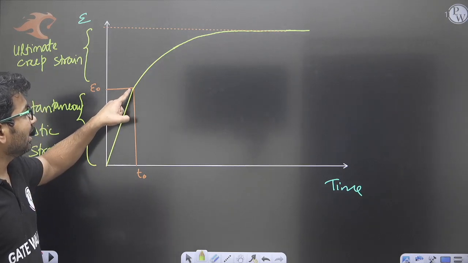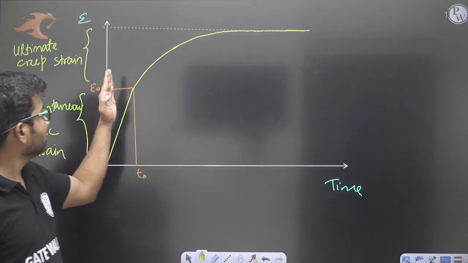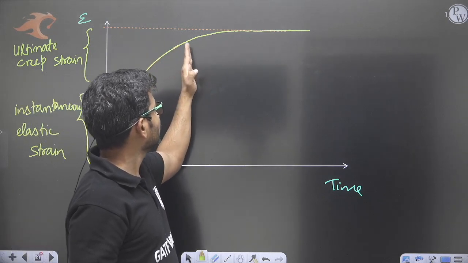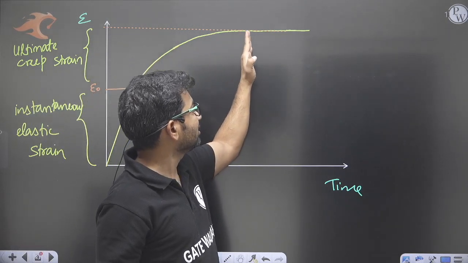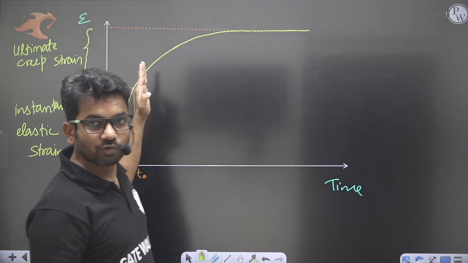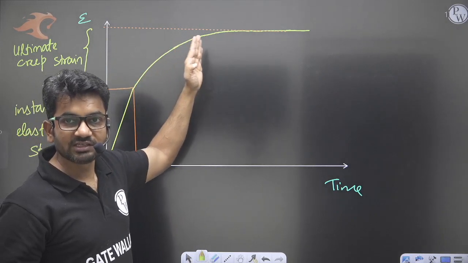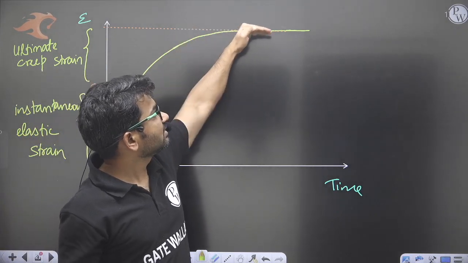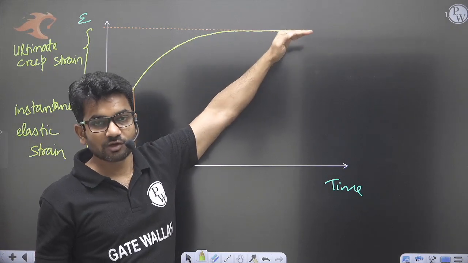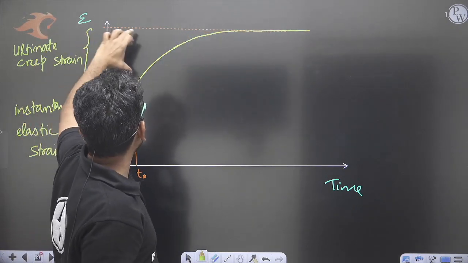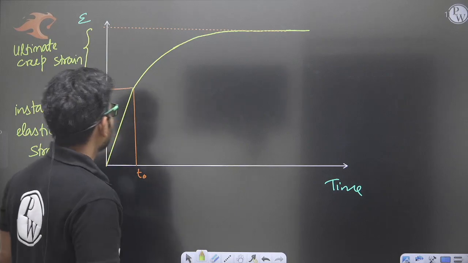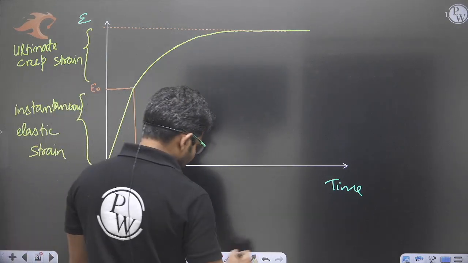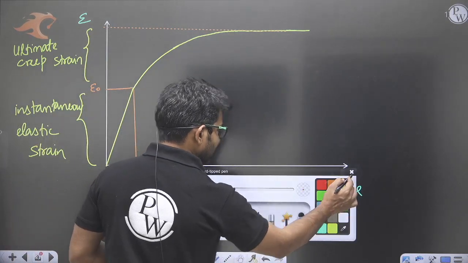But if I let this load stay applied for a long period of time, for 1 year, 2 years, 3 years, and so on, slowly the creep deformation increases, and ultimately after reaching an ultimate value, it will remain constant. This will be called the ultimate creep strain. Now if I talk about strain at any instant of time,